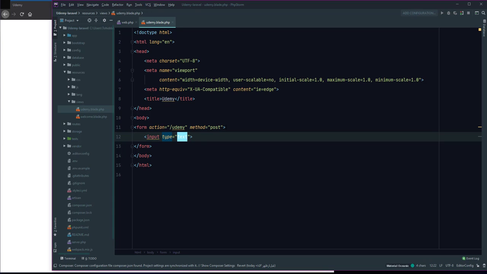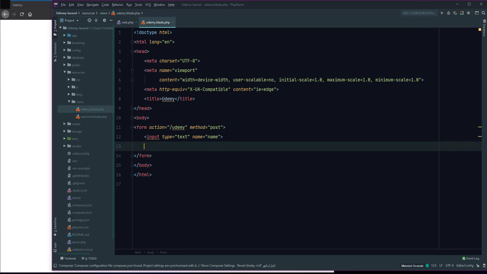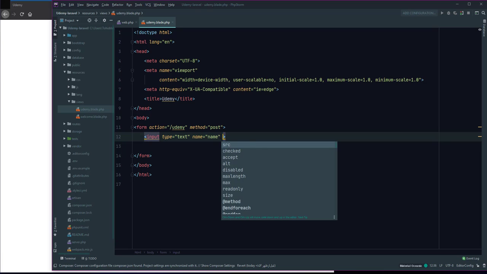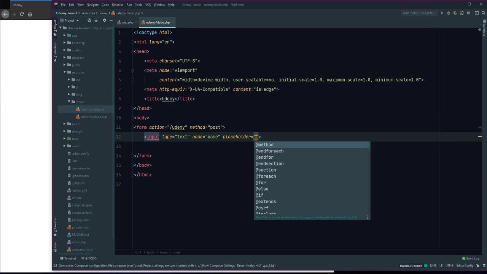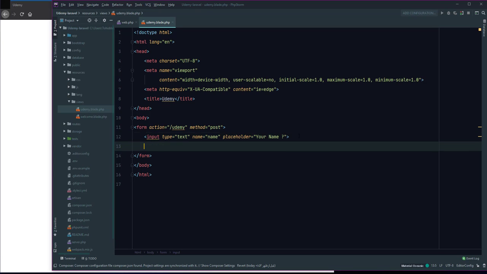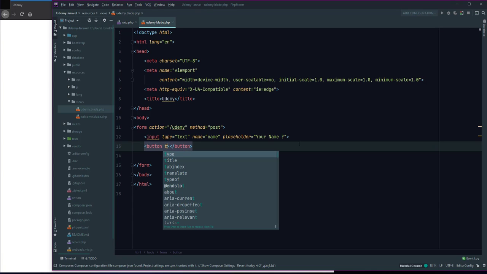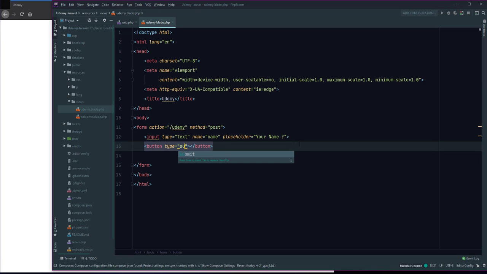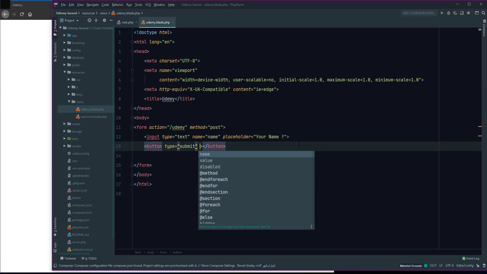Okay, input text, name, name, and define a placeholder, your name, and a button, and type submit, and